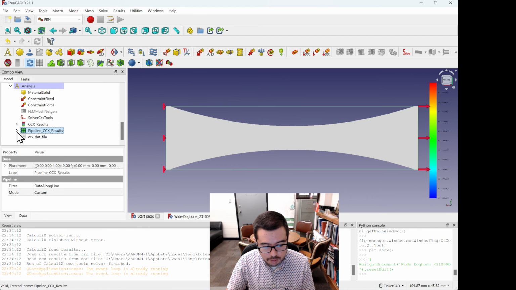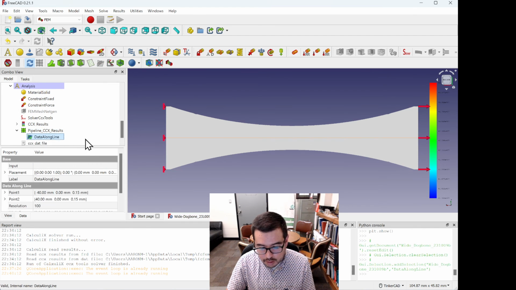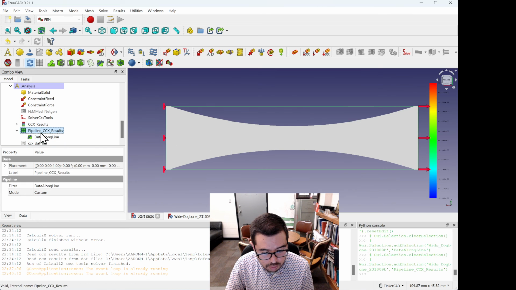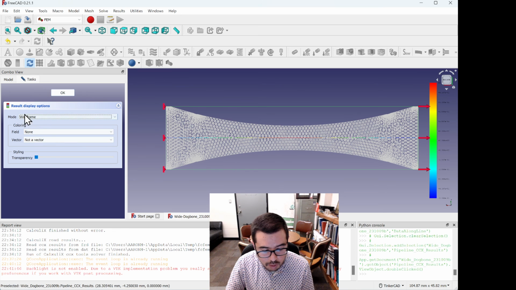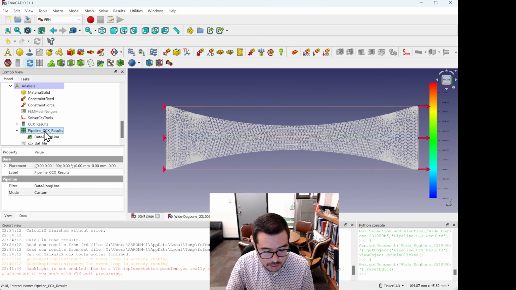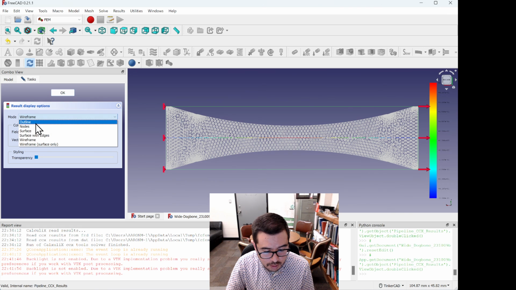And you can kind of see I've got this data along the line. And there's another thing I can do right over here for pipeline CCX results. I can do a wireframe. And if I do wireframe for it, so what did I do? I double clicked on this again. Before it was on, maybe, outline, I think? I'm not quite sure, but now I'm doing